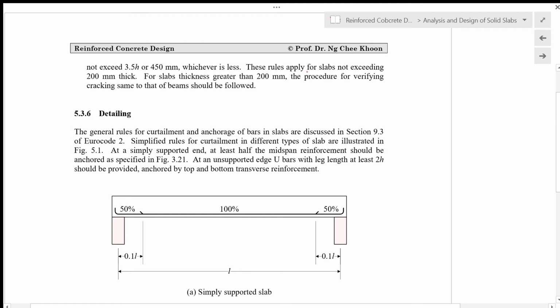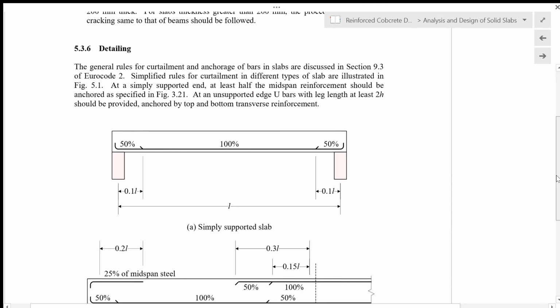These rules apply for slabs not exceeding 200 mm thick. So in order to use this 3h or 3.5h as the limit, your thickness of slab should not be more than 200 mm. For slab thickness greater than 200 mm, the procedure for verifying cracking, same as that of beam, should be followed. So if your slab thickness is greater than 200 mm, then you should follow the steps in control of cracking